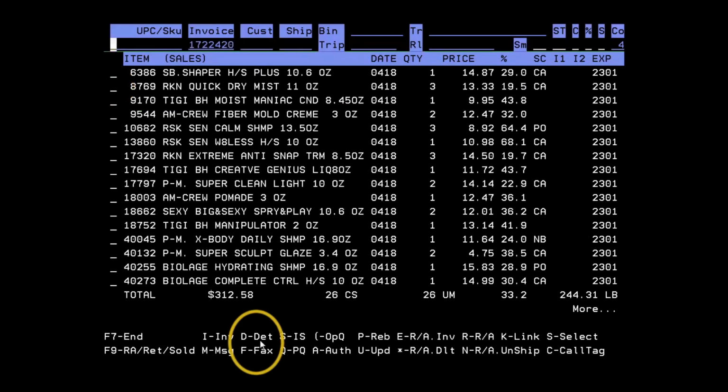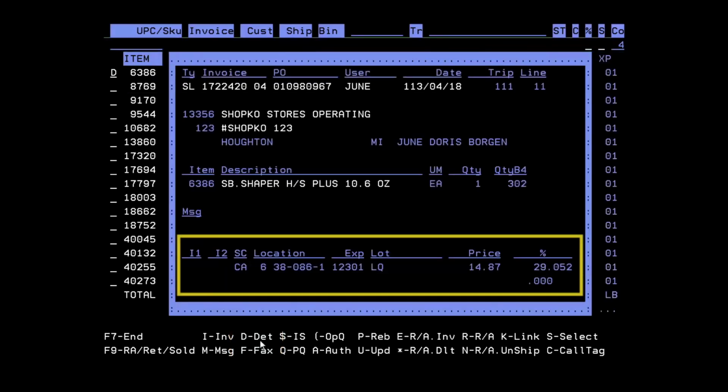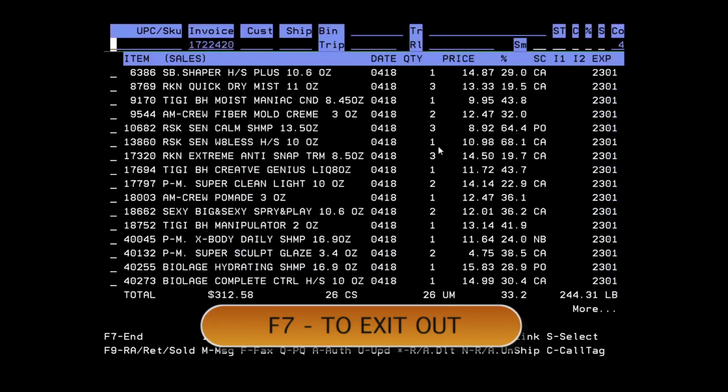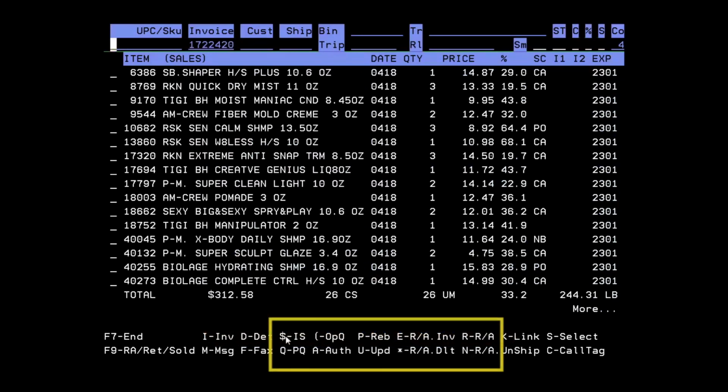Let's go ahead and look at the D for details. Details would show us the location or the price, if there was a lot, the unit of measure, who the salesperson was. F7 to get out. The invoice status is the $ sign. If we want to start a problem queue related to this invoice, the rebate, the E, R, and N are